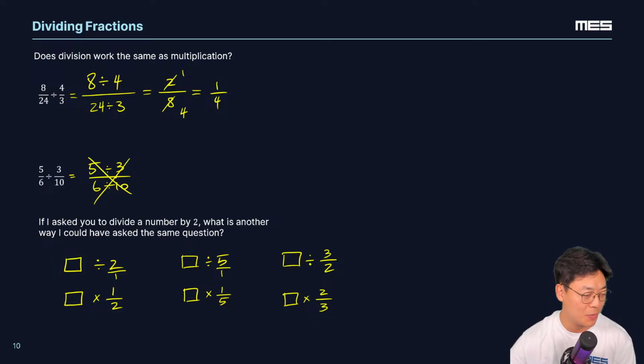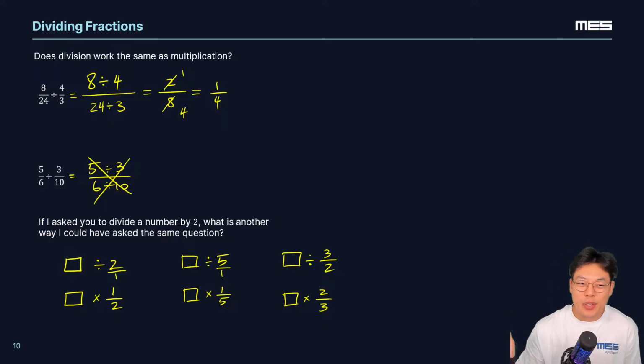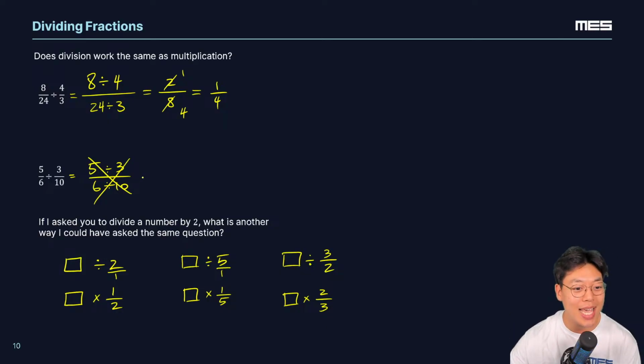We don't want to do this because 5/6 divided by 10/3, we don't really want to deal with that. So instead, we're going to change this into multiplication. We're going to say, all right, 5/6 stays the same, right? That beginning number will stay the same, and we are going to flip the second number that we're actually dividing by and multiply by it. So times 10 over 3.